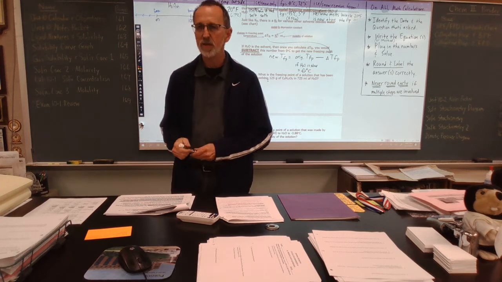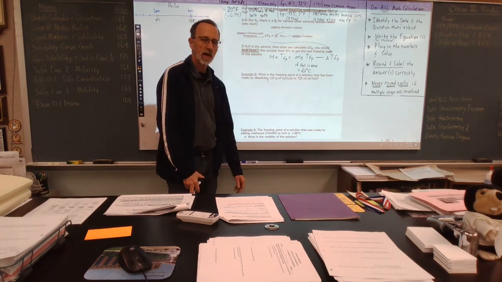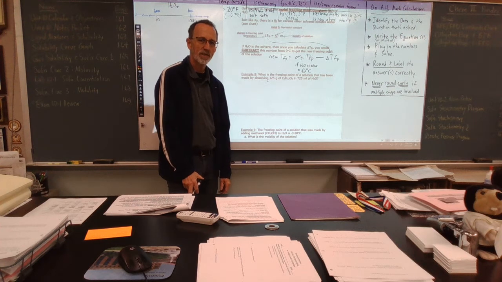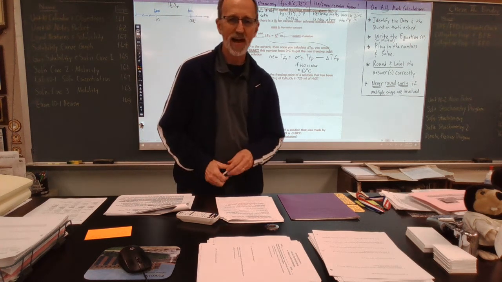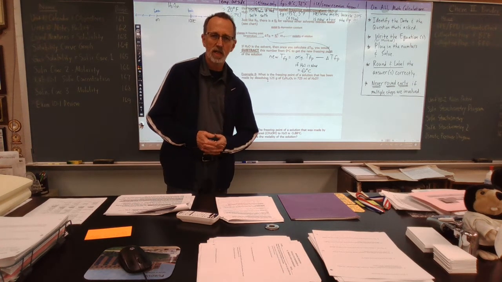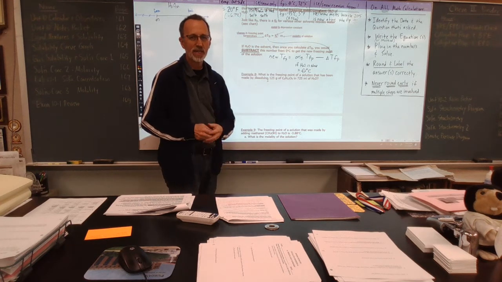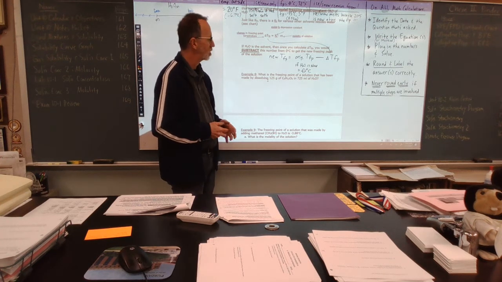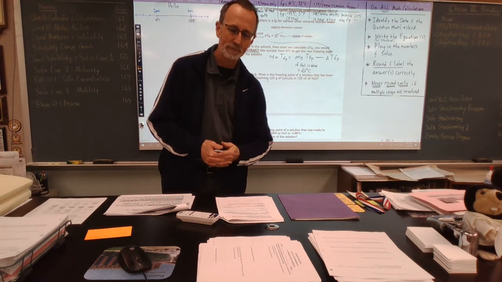If it is some other solvent, I would have to give you that solvent's original freezing point. And I believe there is at least one problem, if not two, on your homework where water is not the solvent. So you need to make sure, number one, you use the correct freezing constant, and number two, make sure you use the correct